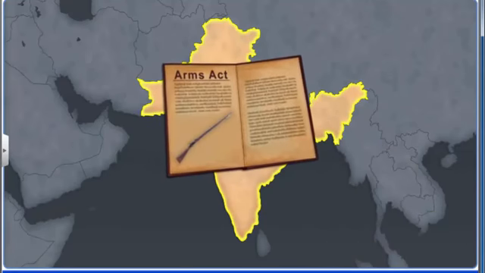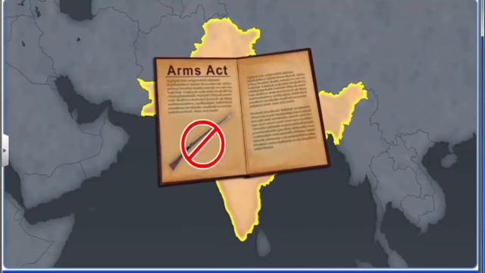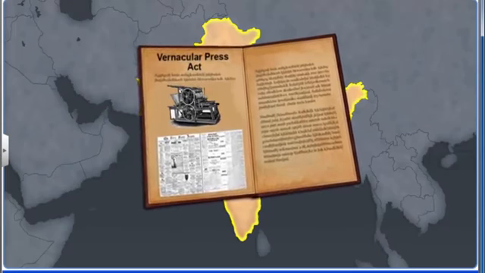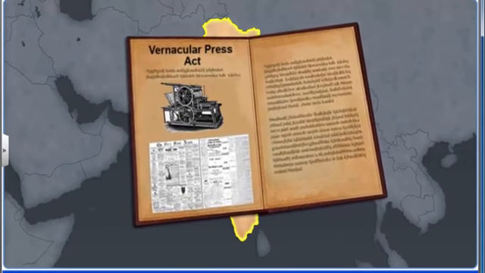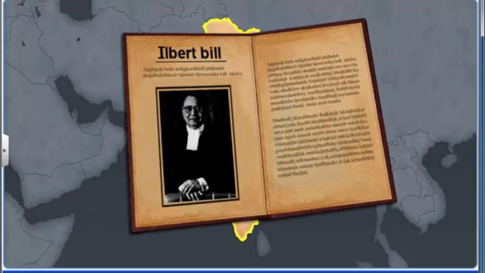The Arms Act of 1878 was passed that stopped Indians from owning arms. This was followed by the Vernacular Press Act, which allowed the British to confiscate the assets of any newspaper that wrote against them. The final straw came when the British opposed the Ilbert Bill, which allowed Europeans to be tried